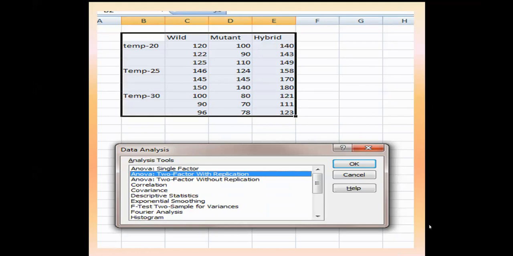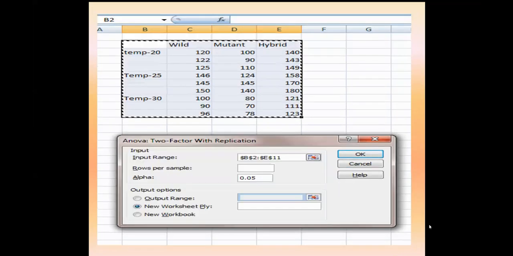You will have to select the entire range, that is the types which are in the columns, and also the qualitative values like temperature in the rows. And you click here two-factor with replication. When you click it, the entire selected value will come in the input range, and by clicking OK you can get this